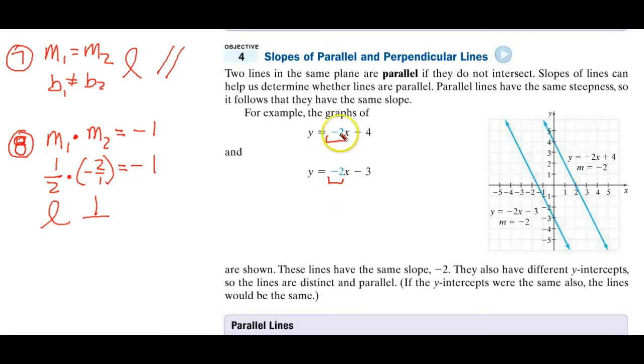So the slopes are the same. But as we look at our y-intercepts, they are different. And remember, we said this was shifted up this much in an earlier lesson. It would be like 7 units. Anyway,